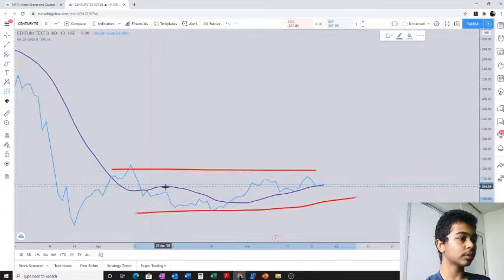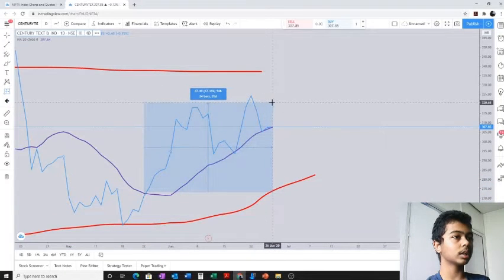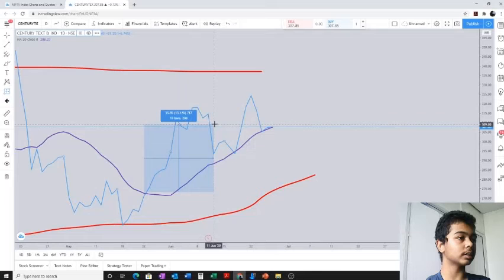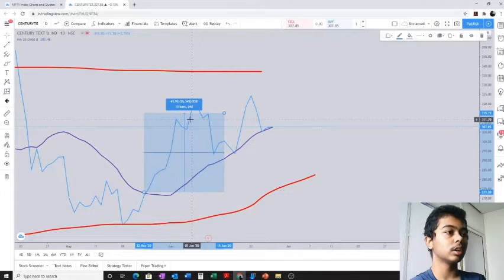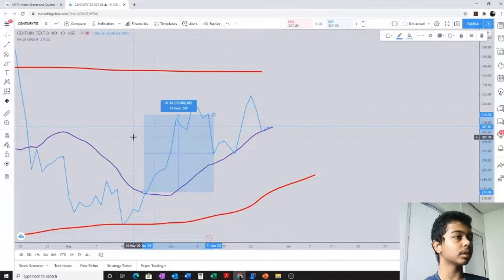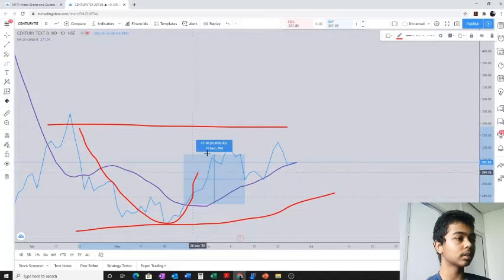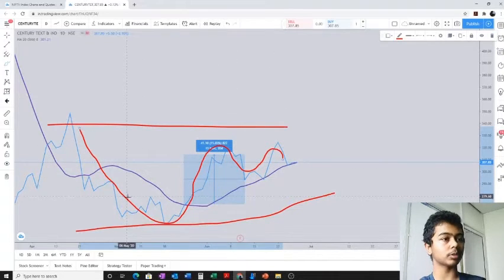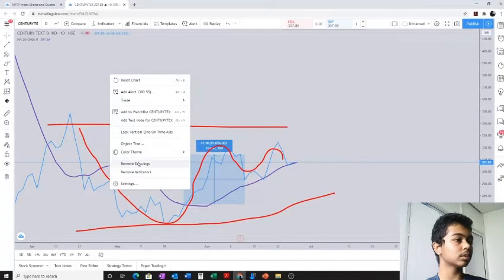Okay, it's not very sideways, but it is. This has given me around 15% in I guess around 20 days, which is also very good. It's not like the strategy can give more, but since I have taken the trade in a sideways market, it didn't give me so much returns, which is fine. But 15% is also not bad.